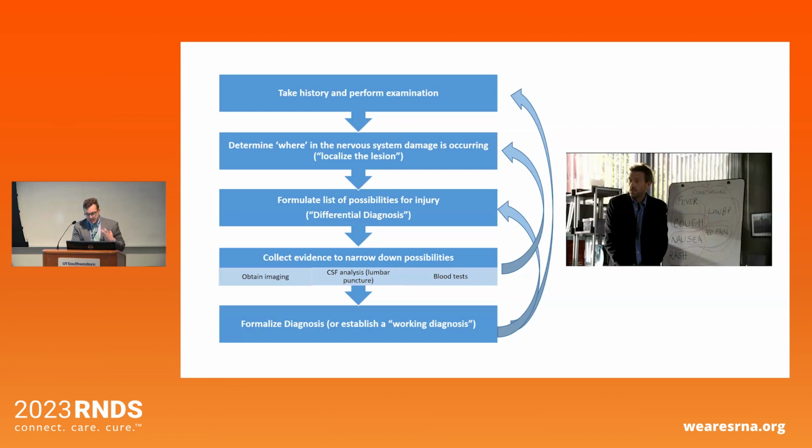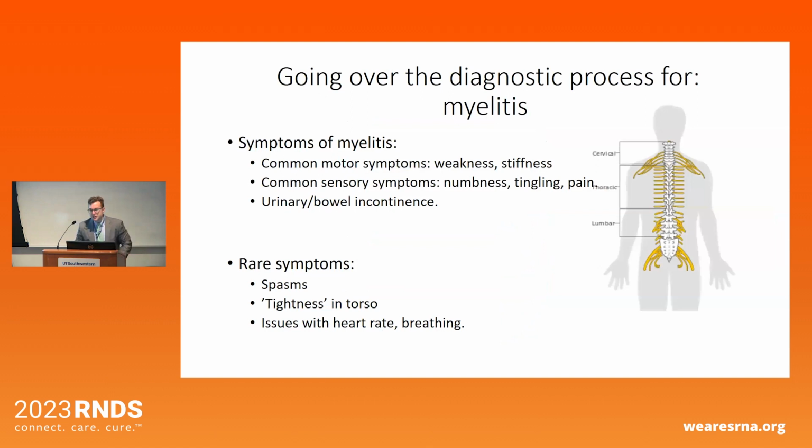But sometimes this information doesn't unfold in a neat pattern. So we're going to start with the spinal cord, and we're going to go over the diagnostic process for what we're trying to move towards, the term being myelitis. So there are a number of symptoms that lead someone to think of what we call myelopathy. So that's just a spinal cord injury of some sort. And those symptoms